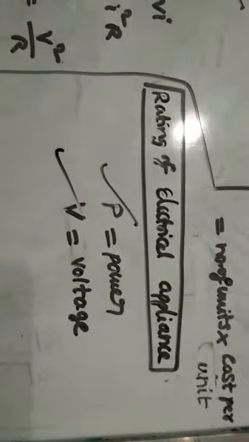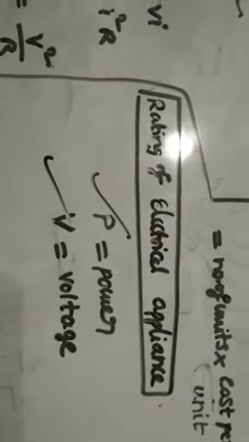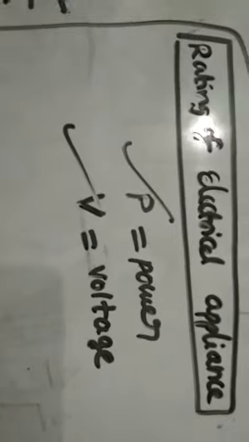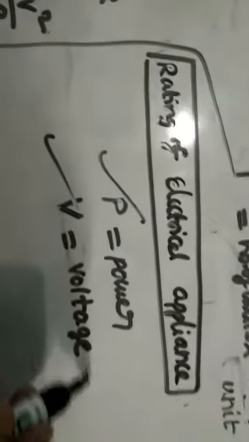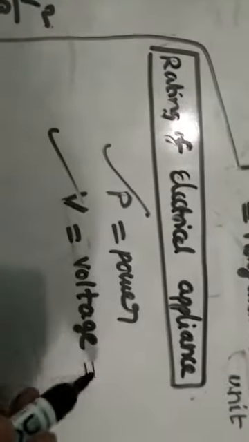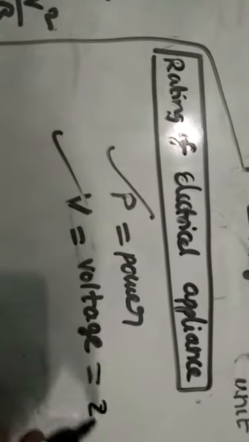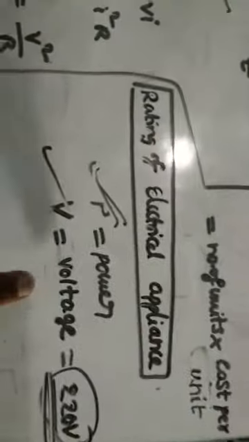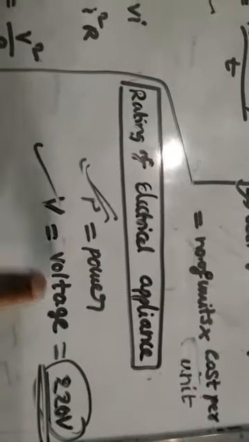After manufacturing, they will mention it. So you have to use this much power, you have to apply this much voltage for the functioning of this electrical appliance. Mostly in every electrical appliance voltage will be 220 volts. Since in our houses also voltage flowing is 220, this power may be varying. It may be also mostly 220 volts only. That power and voltage mentioning is nothing but rating.